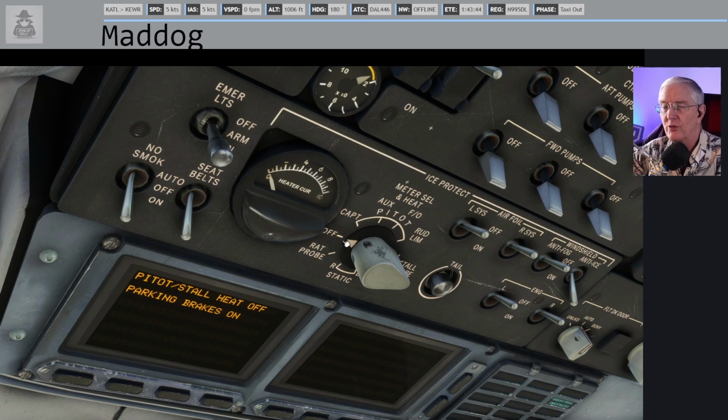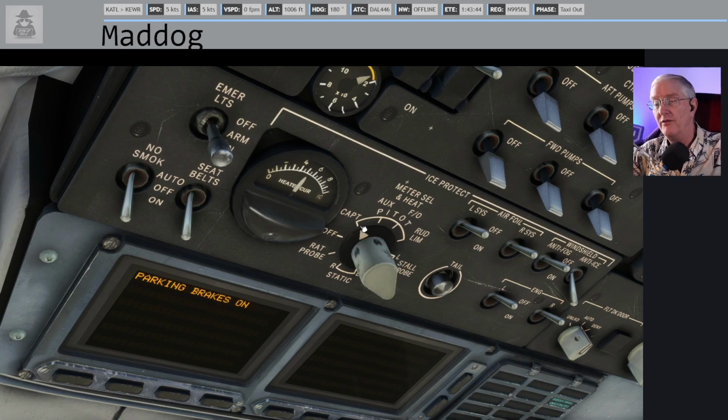Right now the ice protection is on. All of them, the captain, the auxiliary, the first officer, are on. All these switches do is change the meter. So we've turned them on. It doesn't matter. You're not just heating the captain's side. Everything is on. This is just how we